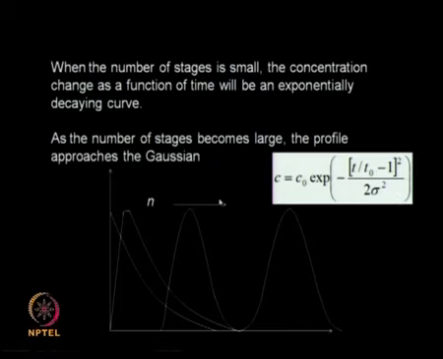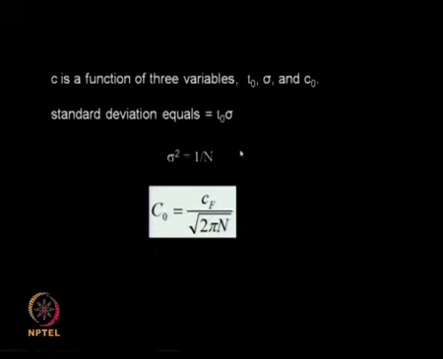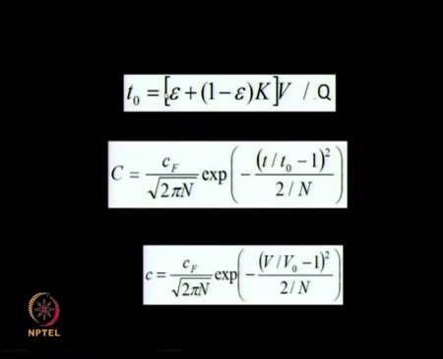Now we can bring in the analysis which we did for a discrete stage model where we assumed the chromatographic column is divided into n stages and each stage is a well mixed system. By doing that we can end up with some very interesting equations. Sigma square will be equal to 1 by n, n is the number of theoretical stages or theoretical plates, C naught is equal to Cf divided by square root of 2 pi n, and t naught is also related to epsilon and k in this fashion actually,